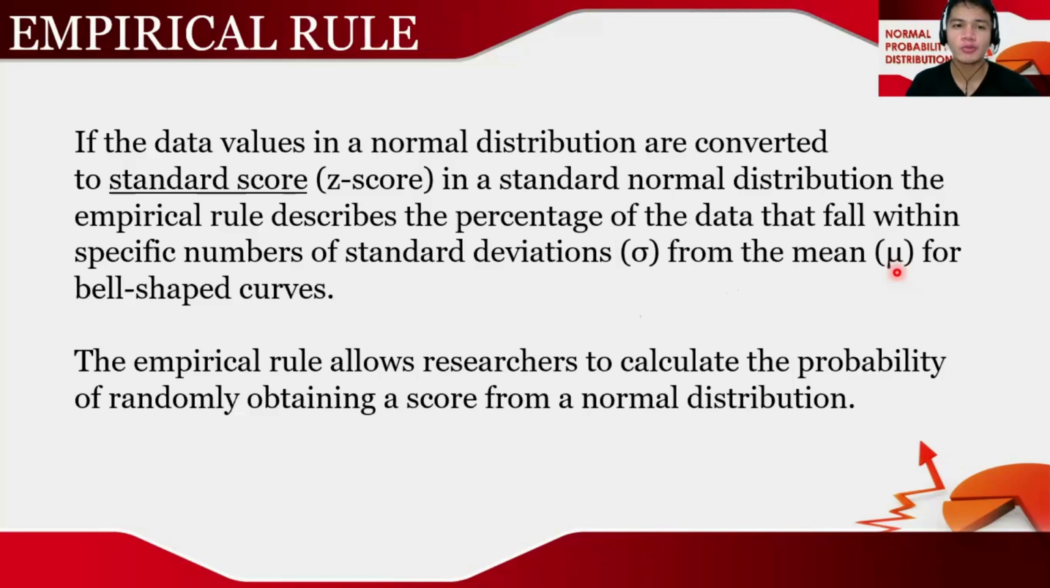Now, how about when we convert the normal distribution to standard score? We have the so-called empirical rule. If the data values in a normal distribution are converted to standard scores or Z-scores, in a standard normal distribution, the empirical rule describes the percentage of the data that fall within specific numbers of standard deviations from the mean for bell-shaped curves. The empirical rule allows researchers to calculate the probability of randomly obtaining a score from a normal distribution. To give you this empirical rule,